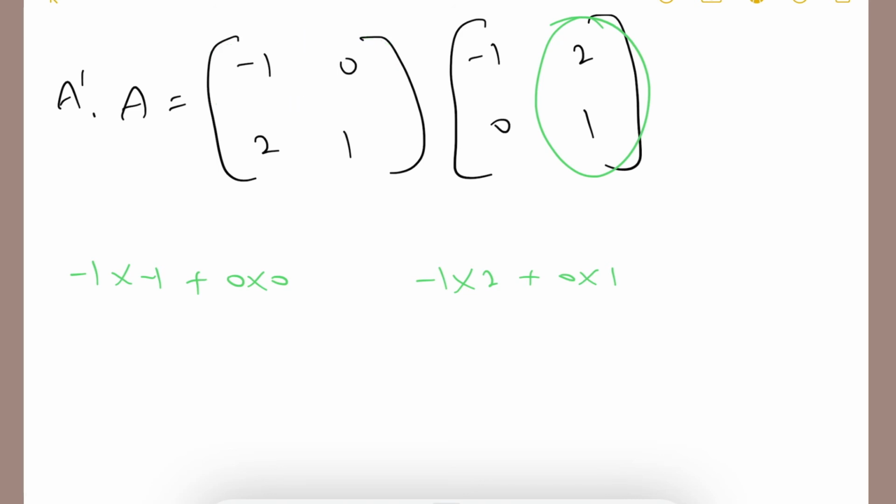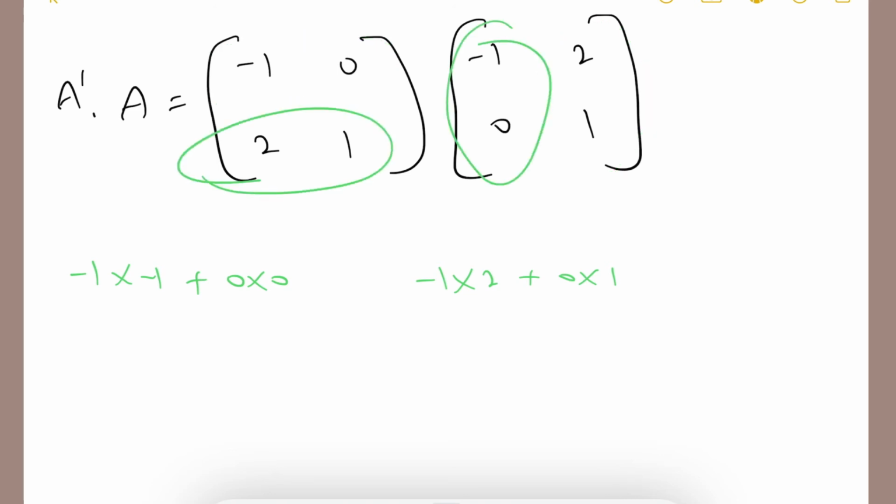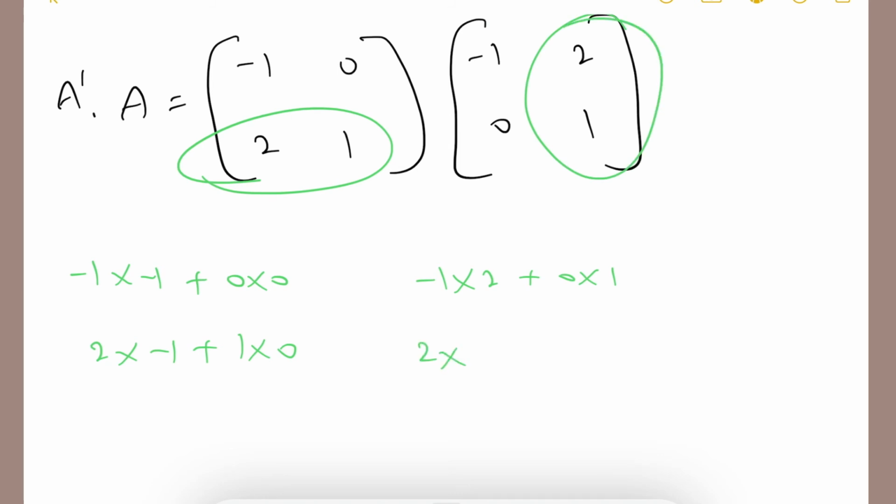Then let's move to the second row. For the second row, we need to multiply the first column: 2 into minus 1 plus 1 into 0. Then the second row multiplied with the second column: 2 into 2 plus 1 into 1. Okay, if you simplify this,